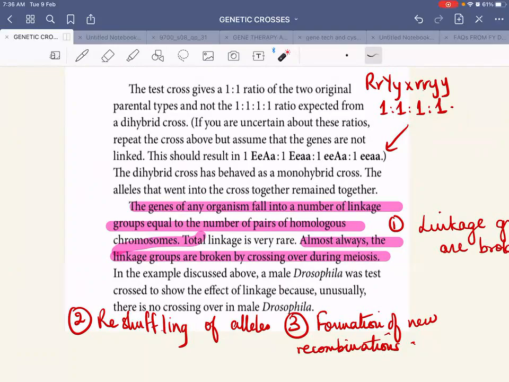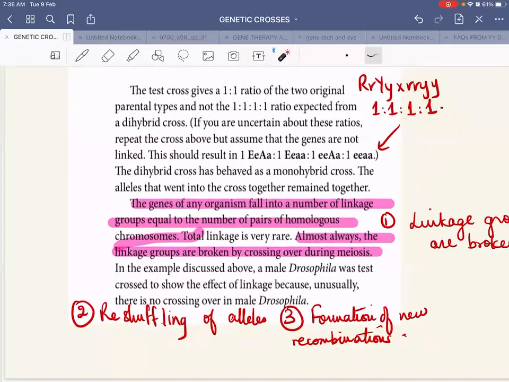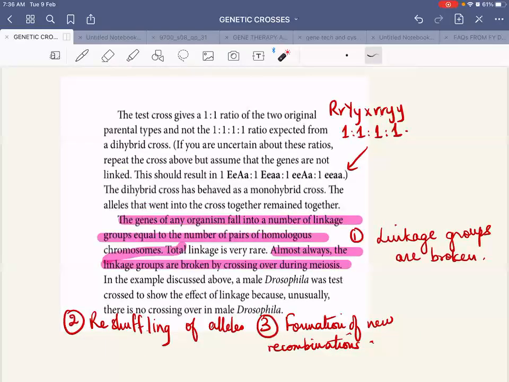And the reason why a dihybrid example is behaving like a monohybrid cross is that linkage has occurred. And the alleles that went into the cross together remained together, which is why we did not get the typical ratios. But you have to remember that this will only be possible if there is total linkage,